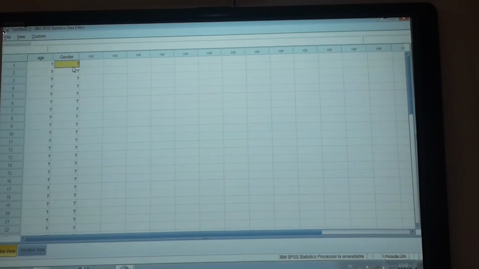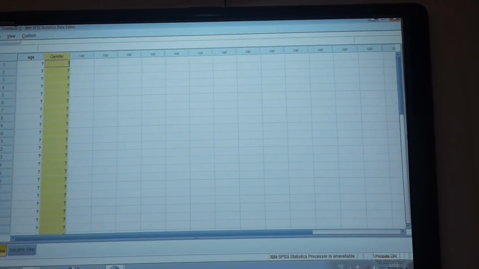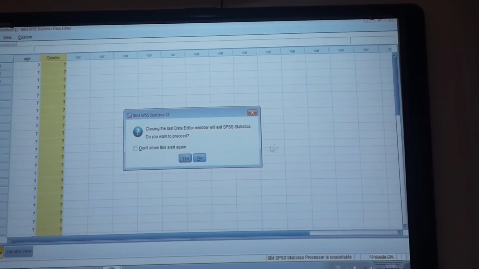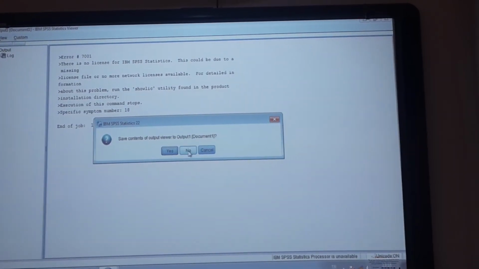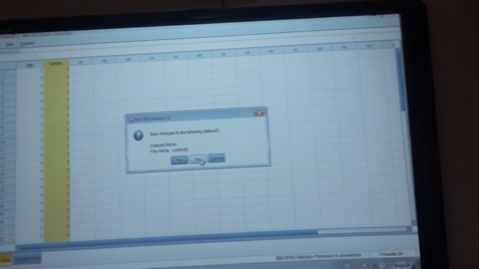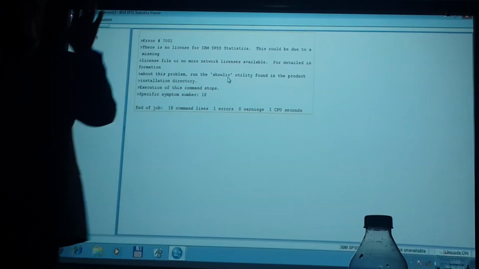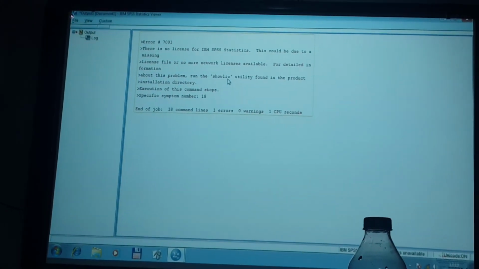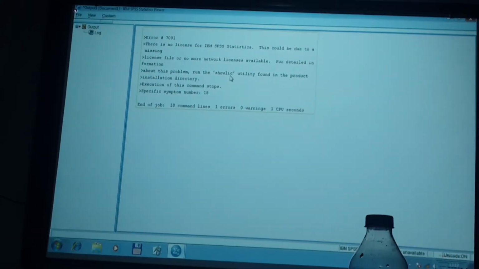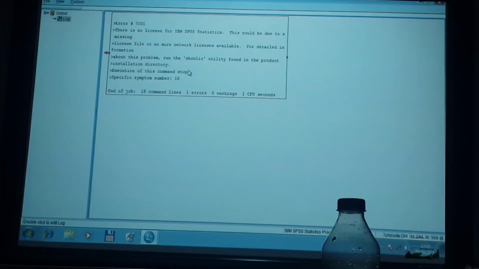Uh-oh, there's something wrong. Because we didn't define the license, you didn't give us the folder name. It's okay, for some other time. Whatever you have